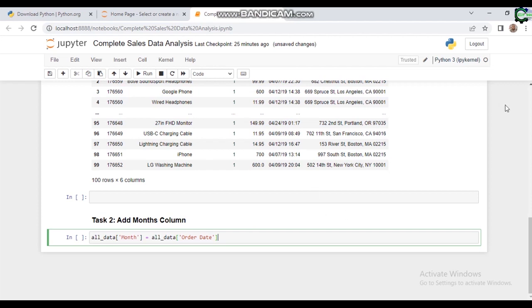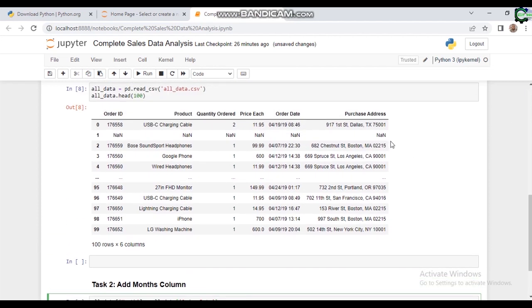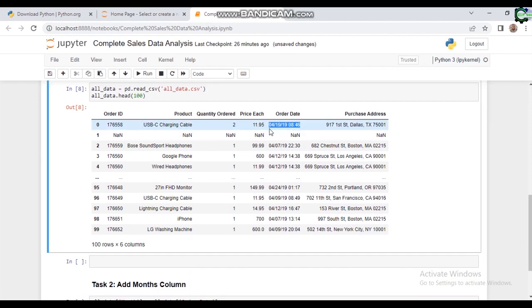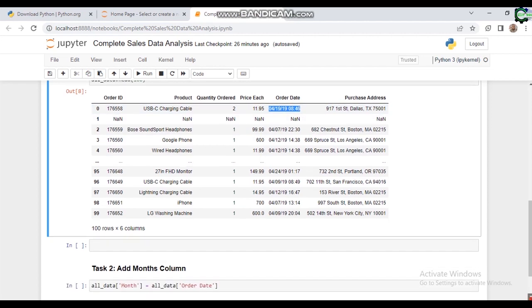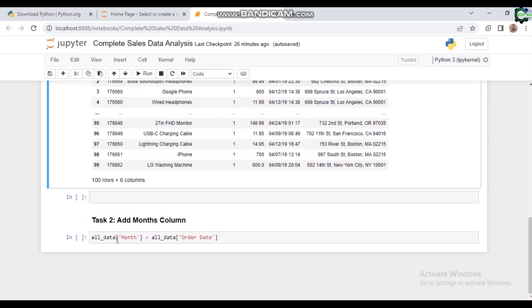Then what we're trying to do now is create a month. What we actually want to do is separate the month from the time. So we're going to have the month, the time, and the hours at which each of those orders were made. We want to have the month separated from this one that is joined together with the time. Okay, so what we have to do now, you just say all data equals to,